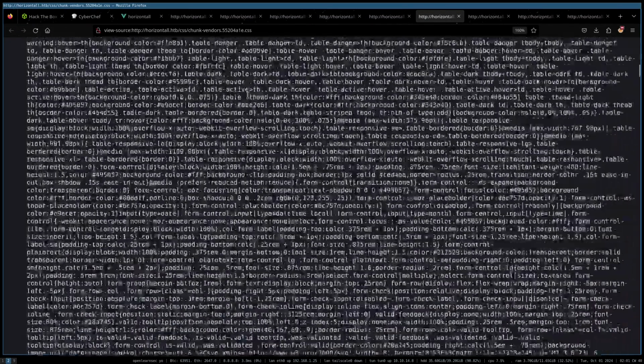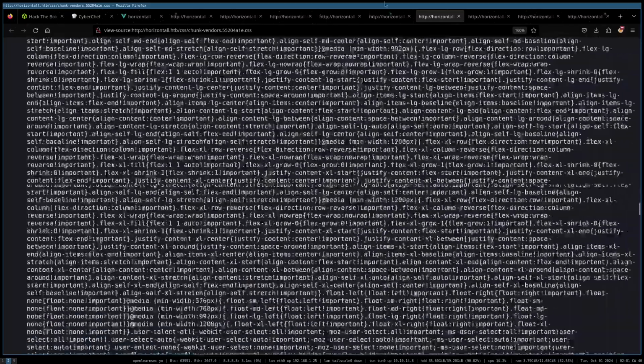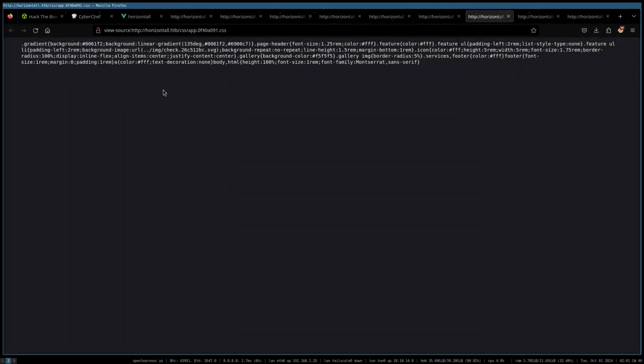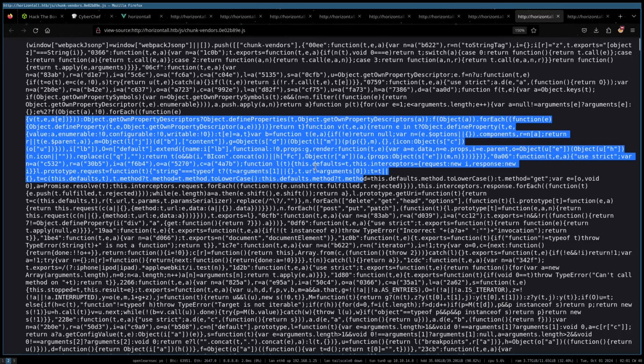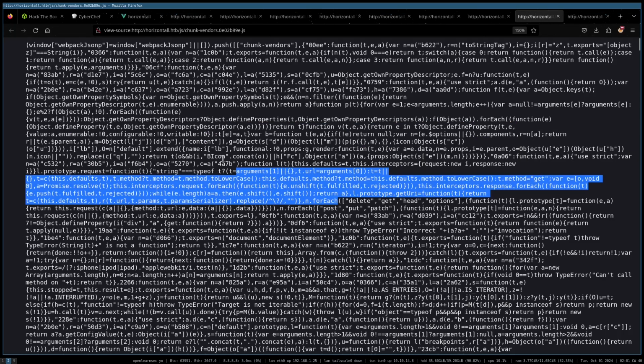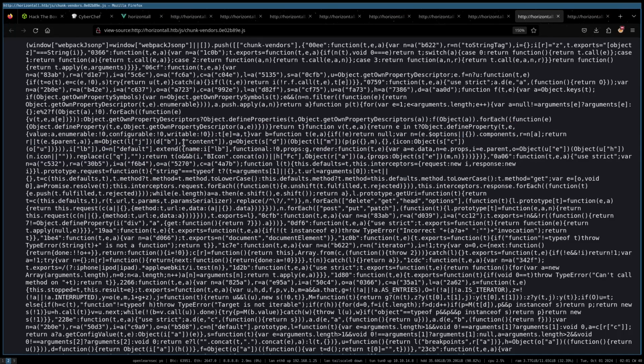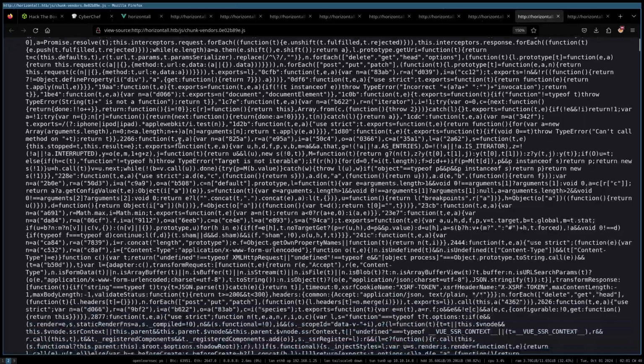Bootstrap again. This looks like it might be some custom CSS. Webpack. Yeah, that's the pipeline thing I was thinking of, Webpack, which takes all the different assets and minifies and bundles things together to try and optimize